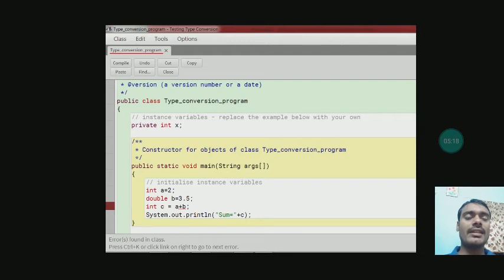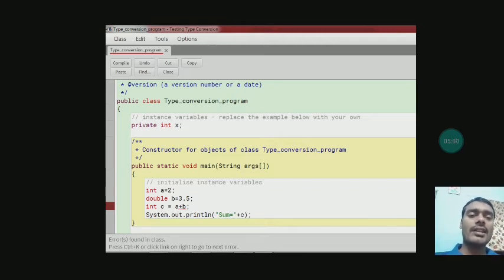I have added int and I have added double. I have taken two variables, int a equal to 2. In variable a 2 is stored, double b equal to 3.5. In variable b 3.5 has been stored, and I have written int c. C is of integer data type, and I have added both the variables a and b.